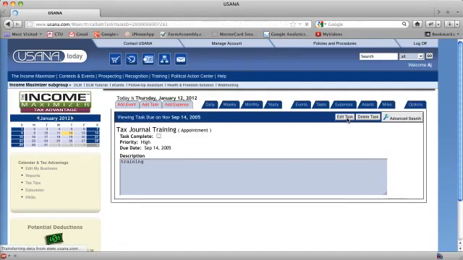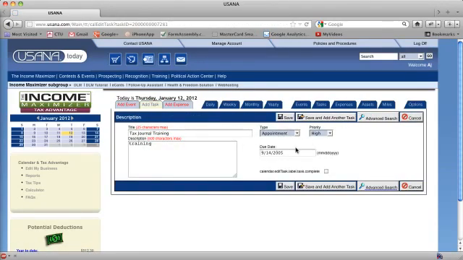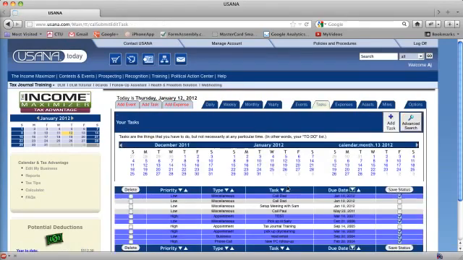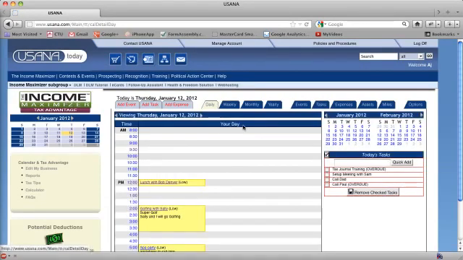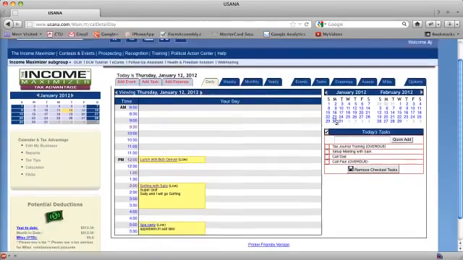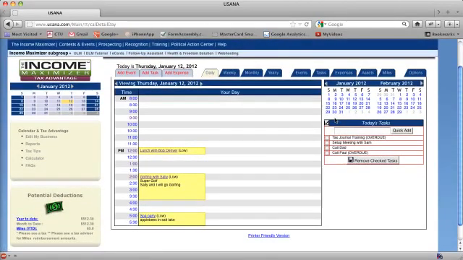Hit edit task. And save. And now it is unchecked. So if I go to my landing page, tax journal training is now up there. This very last tab here that says options, I need to show you what this does. But before I go there, take a look at this calendar view day here. I've got it set up to run from 8 a.m. to 6 p.m. If I click on options,